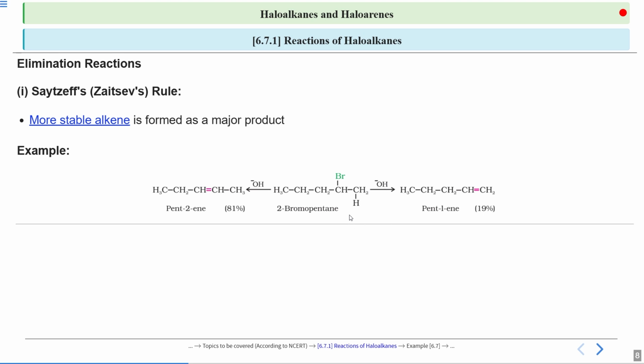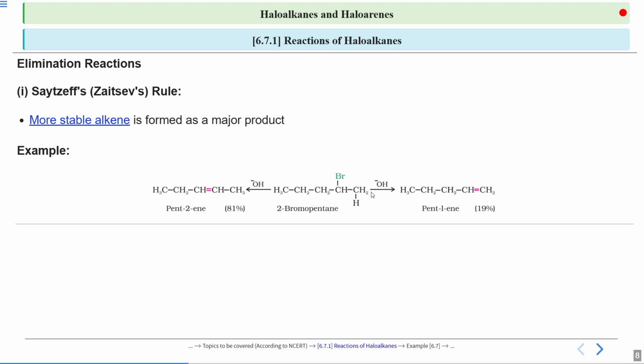which is going to attack the beta hydrogen in our haloalkane, and the electrons will be shifted from the CH bond to the CC bond to form the pi bond, right? So we have two possibilities, because we have 2 beta carbons here, the first carbon and the third carbon according to the numbering of the parent chain. So OH minus can attack on both, on the beta hydrogens present on the first and the third beta carbon. Okay, if the hydroxyl group